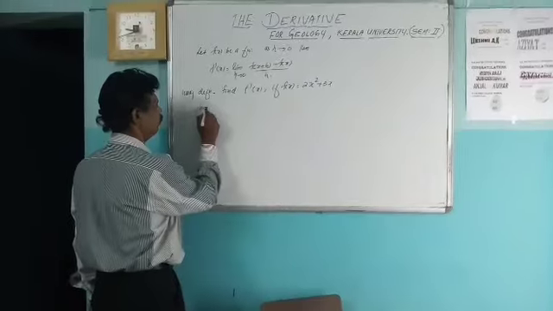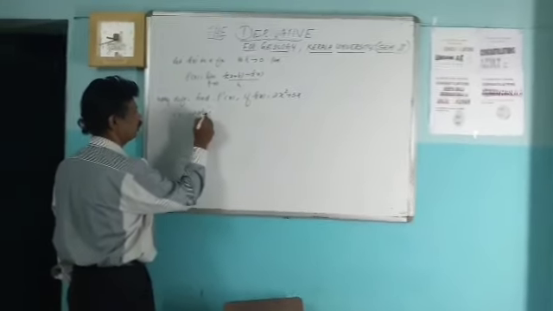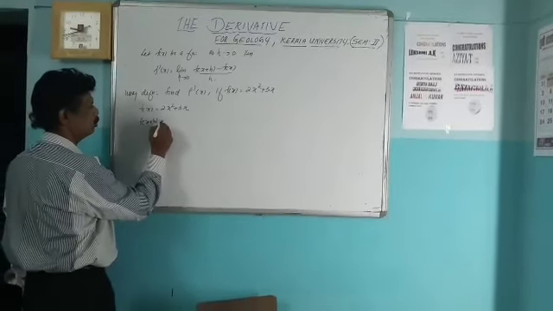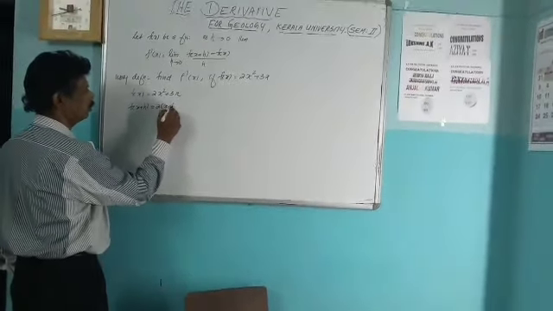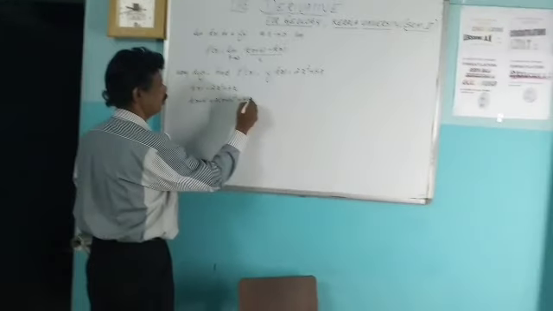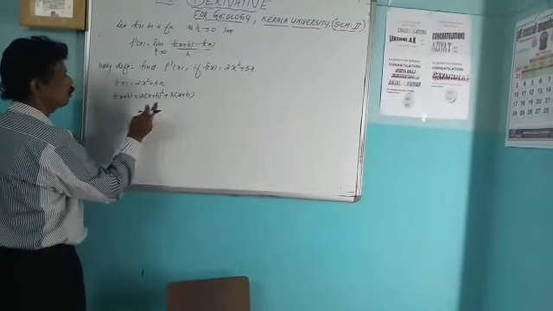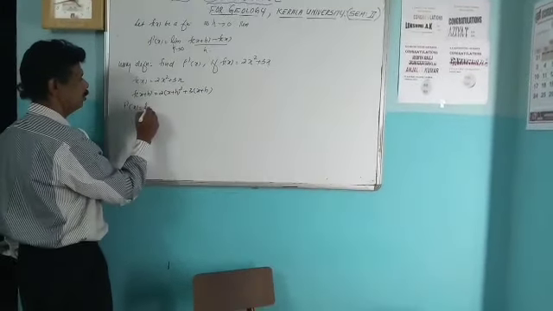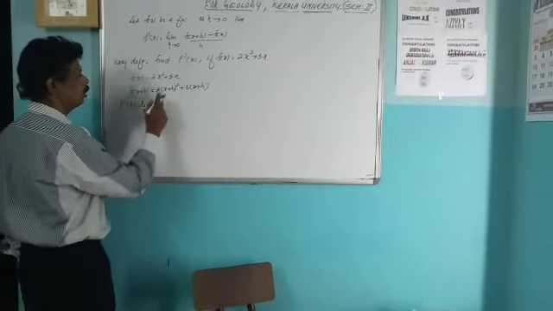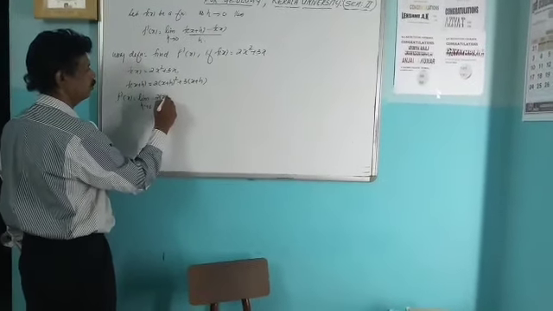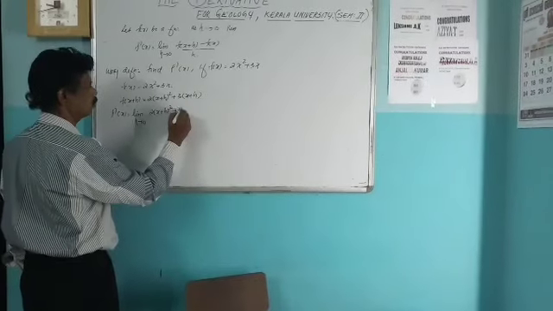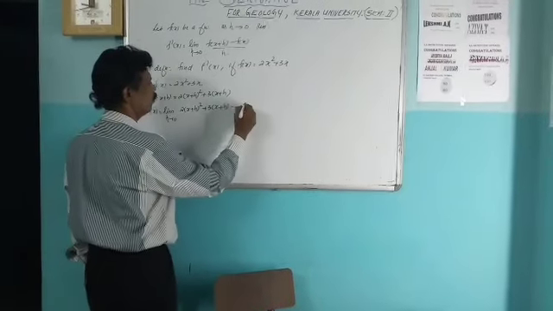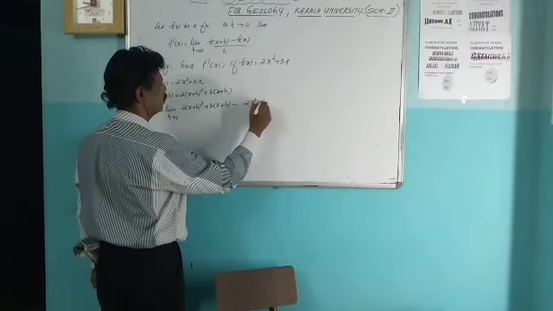Given f of x equal to 2x square plus 3x, then f of x plus h equals 2 into x plus h the whole square plus 3 into x plus h. Substitute this value in this formula. Then f dash x equals the limit of 2 into x plus h whole square plus 3 into x plus h, minus f of x, 2x square plus 3x, whole